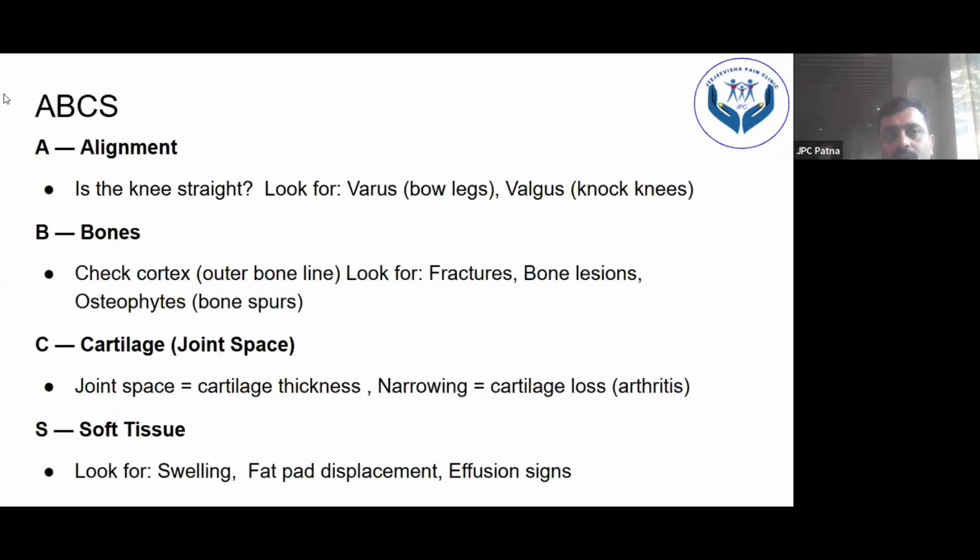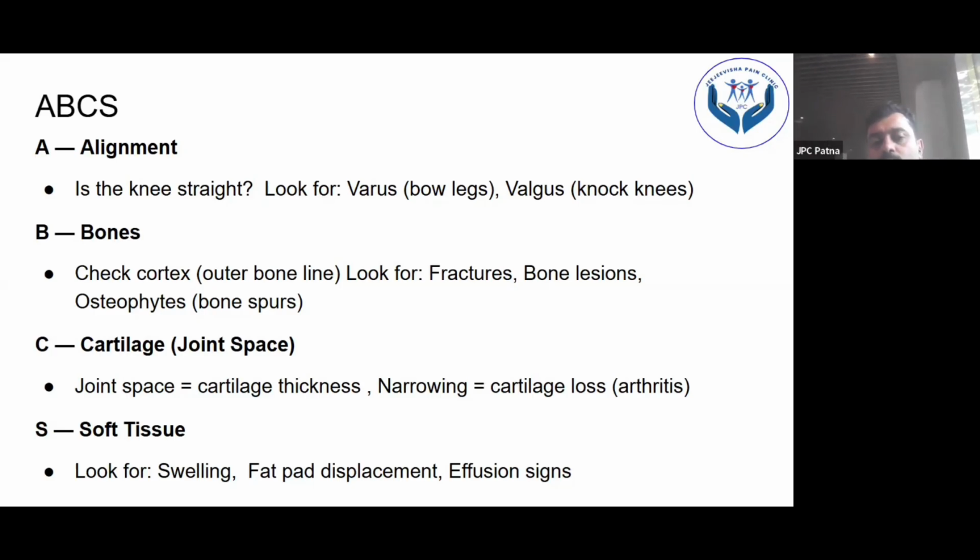So A, B, C, and S. This is the most important thing. All of us have to look into the X-ray knee. One, A, is for alignment. Is the knee straight? Valgus deformity has to be seen. B is for bone, for the cortex, whether there is any fracture or any bone lesion, or the osteophytes